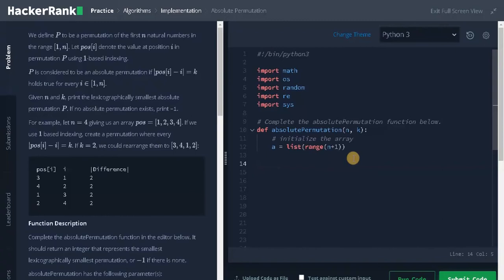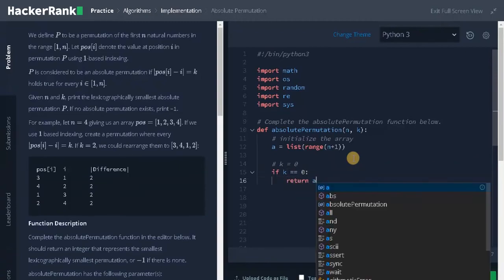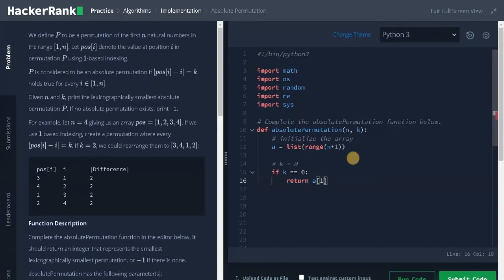Next, we need to check for the cases. If k equals 0, we need to return the array that starts from 1. It will return the array as 1 to n. If k equals 0, it will be the initial array.